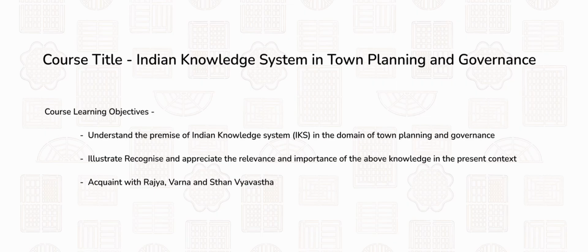Coming to the learning objectives, one can understand the premise of Indian knowledge system in the domain of town planning and governance, ability to illustrate, recognize and appreciate the relevance and importance of above knowledge in the present context. One can acquaint with Rajya, Varna and Sthan Vyavastha,